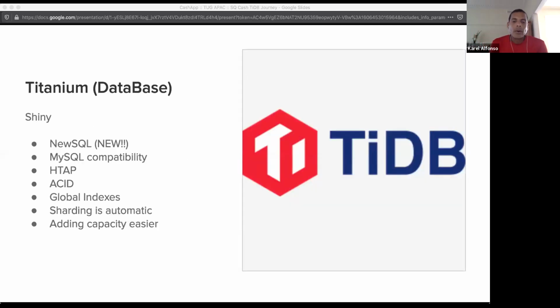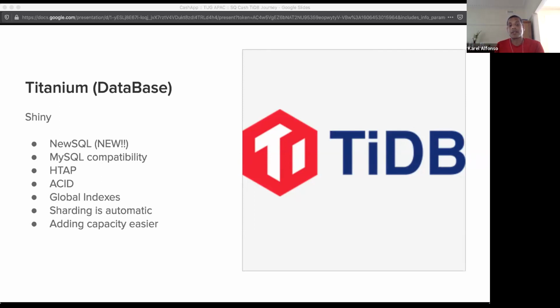So we were already aware of TiDB. I think it came up, when TiDB was starting, as something to watch out for. And we decided at some point to look at the state of TiDB and give it a go. We were particularly interested in the fact that it's a NewSQL database, NewSQL from the point of view of global scalability. It's MySQL compatible, which is where our expertise lies. The fact that it's a hybrid transactional and analytical database was also quite interesting for us, so it's something that we wanted to explore more.